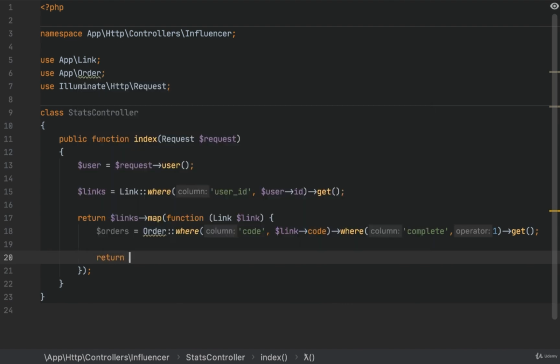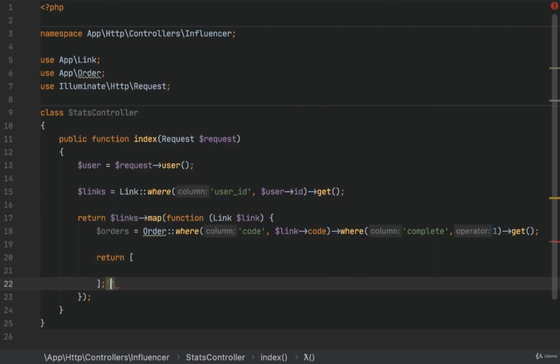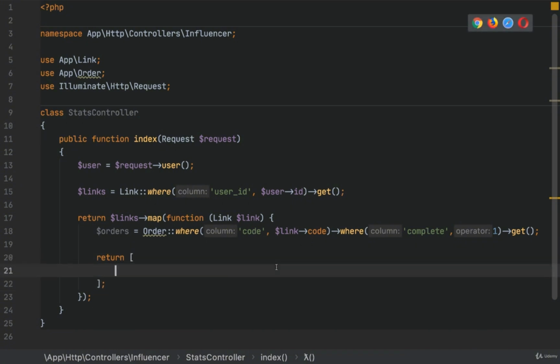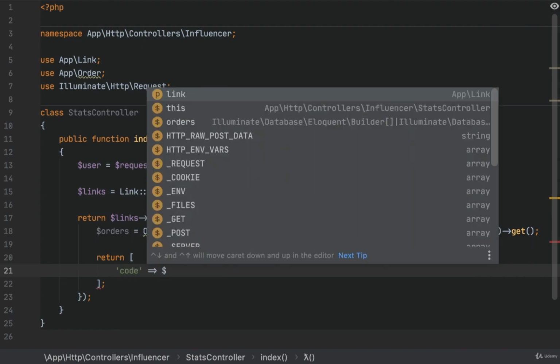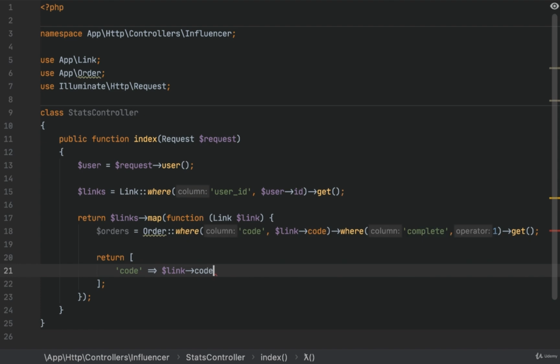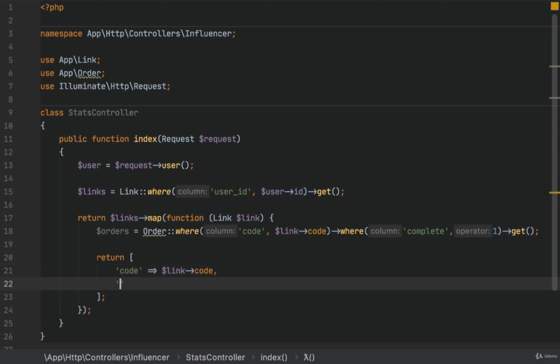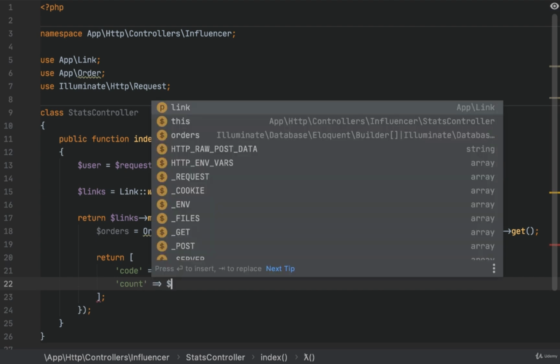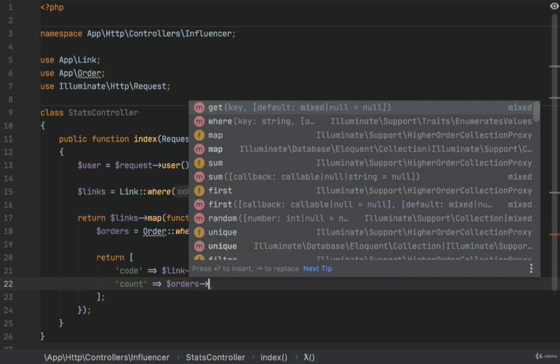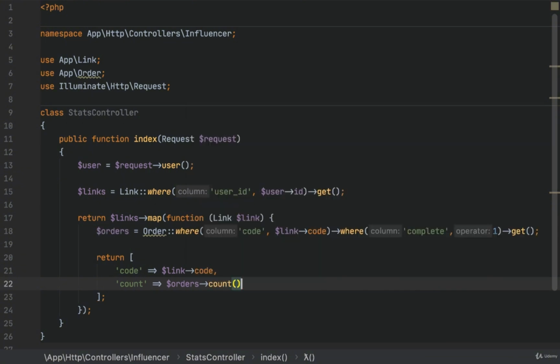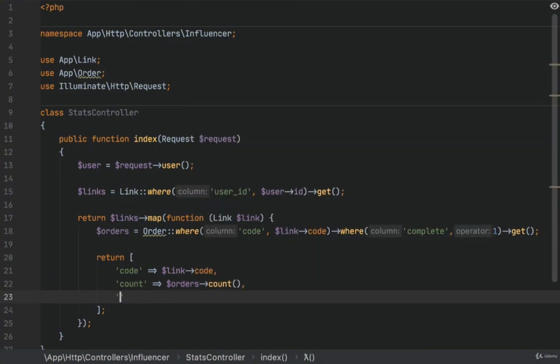In the end we will return an array that has these attributes: the code, which is the link code here, the count, which is orders count, and the revenue,